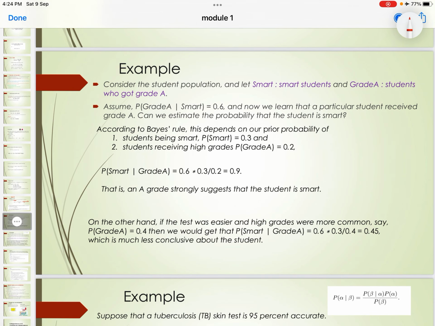So example, consider the student population and let smart be smart students and grade A be students who got grade A. Assume P of grade A given that smart is 0.6. Now we learn that a particular student received grade A. Can we estimate that the student is smart? According to the Bayes rule, this depends on the prior probability. So prior probability is given as P of smart is 0.3 and P of grade A is 0.2. So we have to find P of smart